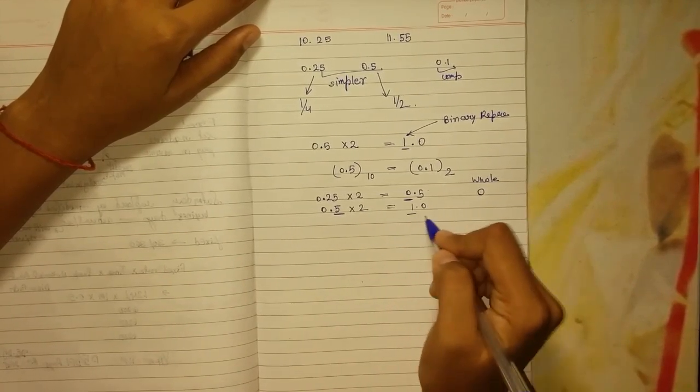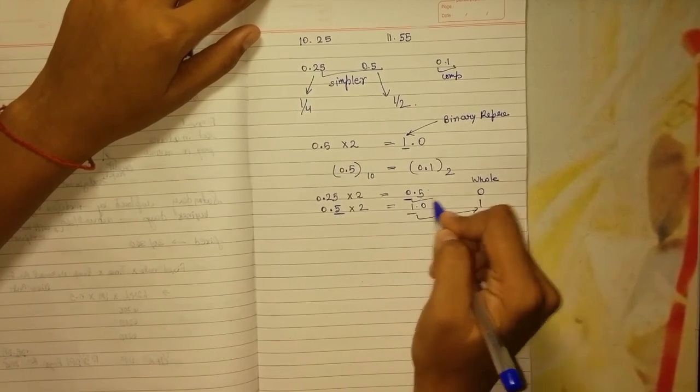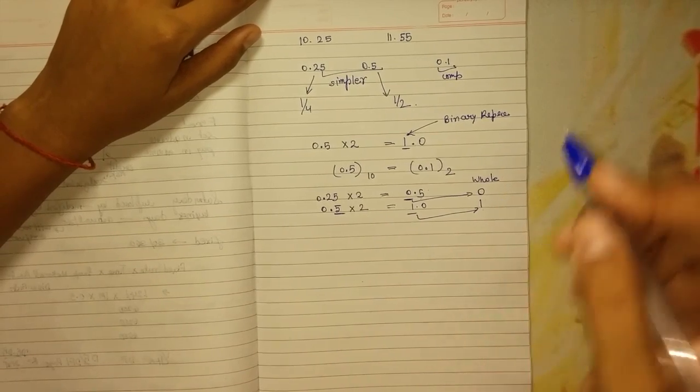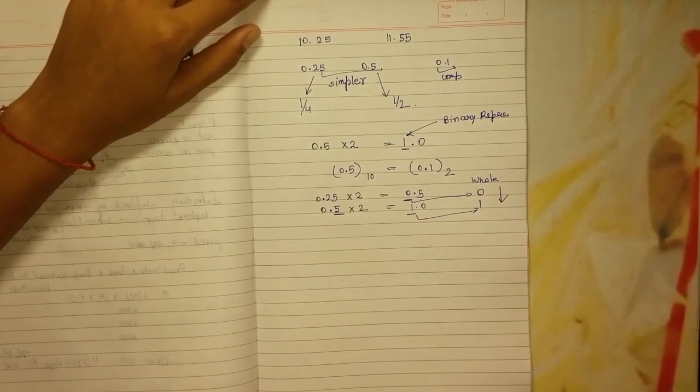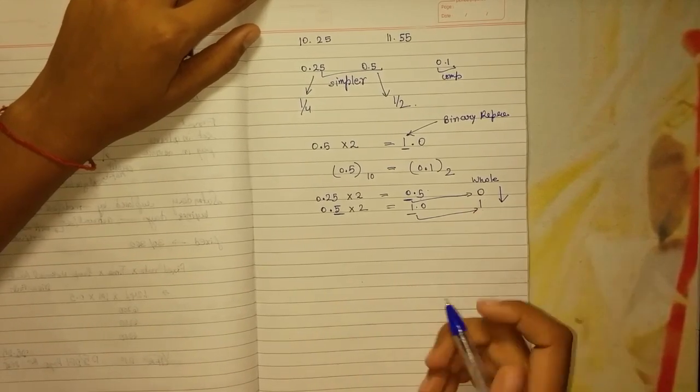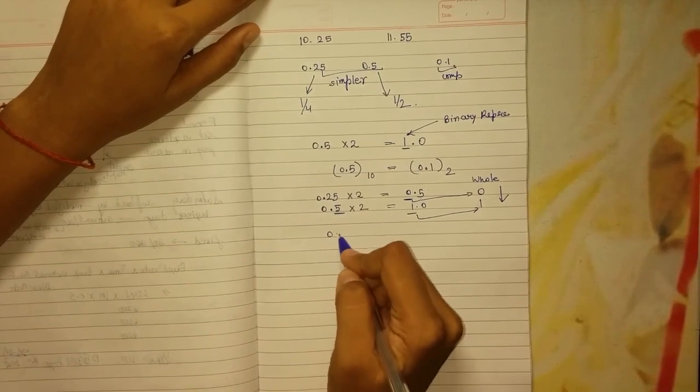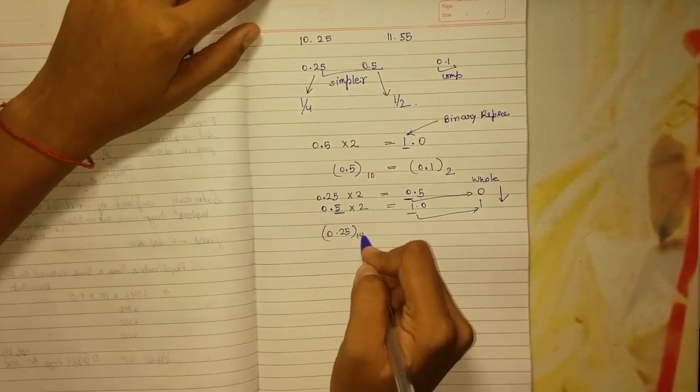So we'll write 1 here. So we got 0 and 1, and the way we read it is top to bottom, unlike the previous case in which we read from bottom to top. So here we have 0.25 of decimal equal to